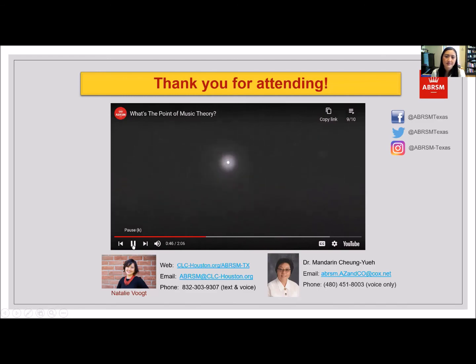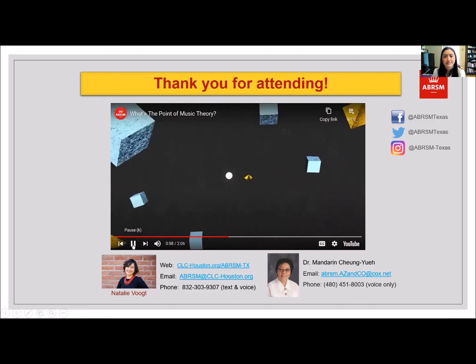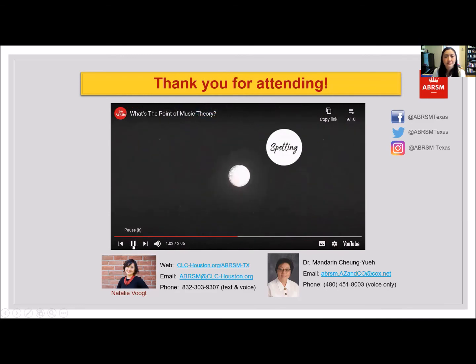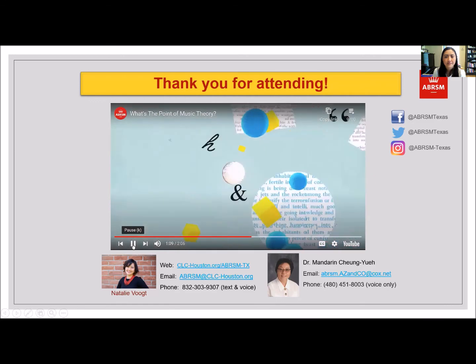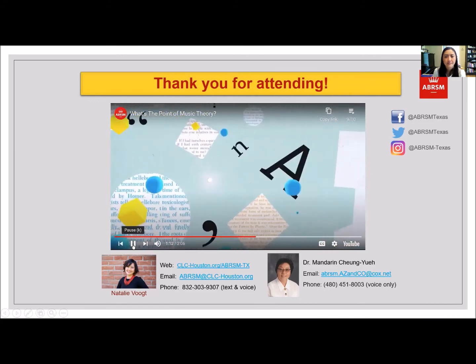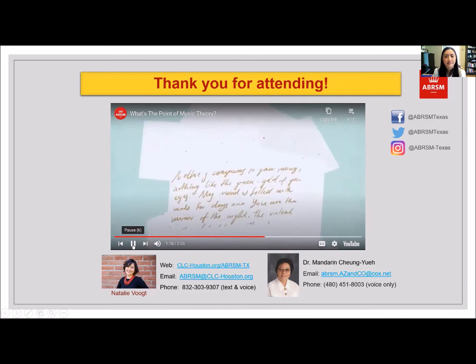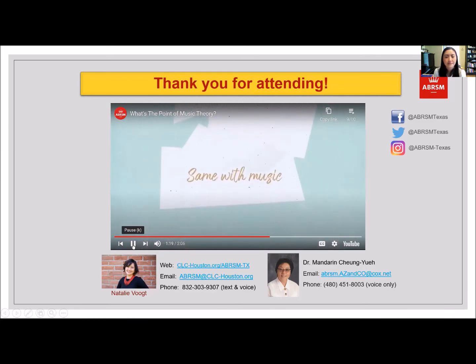The way I see it, actually, theory is to music what language is to speech. When we're very young, we learn how to make different noises, and we copy and mimic, and we hear things around us, and gradually we learn to talk. But later, if we also learn about spelling, punctuation, grammar, the rules of language, we begin to understand how language works. We learn to read books, write our own stories. We learn to communicate with words in different ways. It's the same with music.